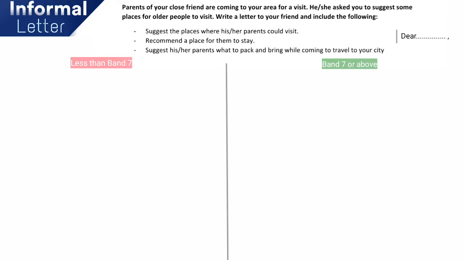So our first step is very simple. We have to write our greeting line that is already given, and here I would write the name. I took a random name, Dear Jasmine. So Jasmine is a random name here. Then I would write the reason why I'm writing this letter, right? Or I could say that I have to paraphrase the background information. For this, I have to read the question so that I can justify with the purpose of this letter.